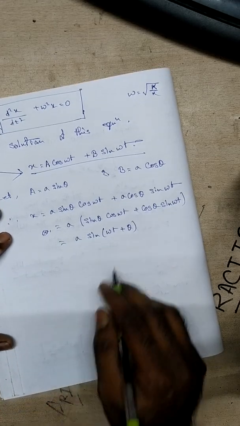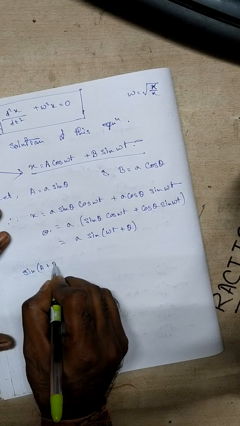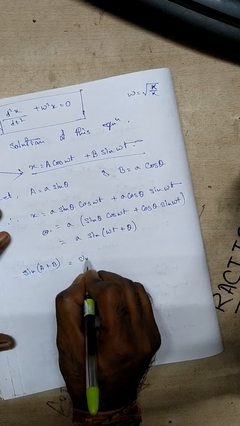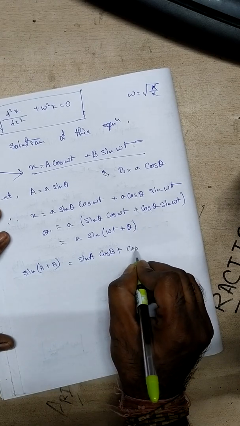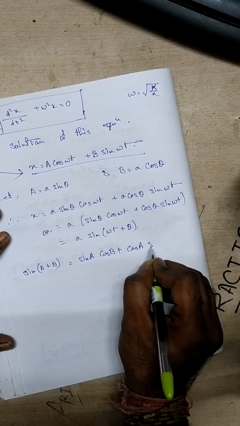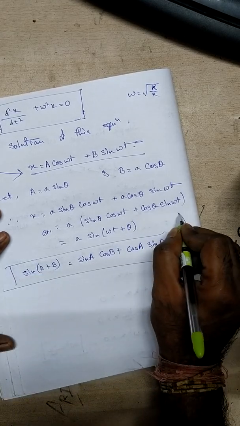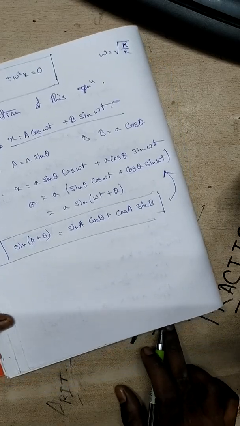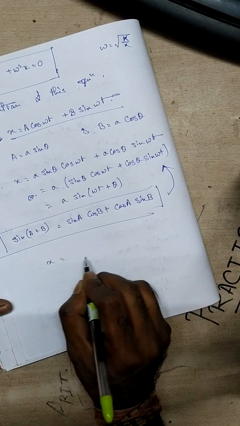Is it clear? It is coming from sin(a plus b), which means sin a cos b plus cos a sin b. Clear? This is coming from this identity. Okay, so this one is the solution of the